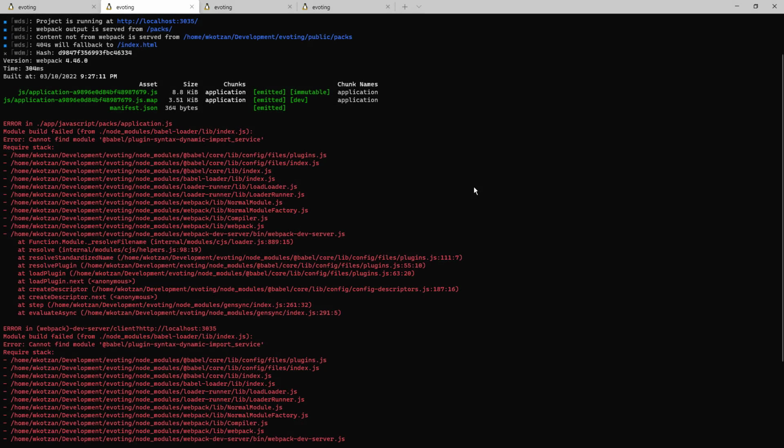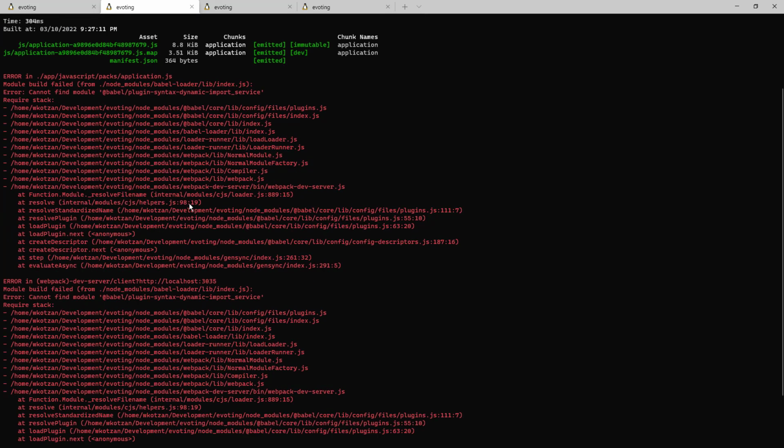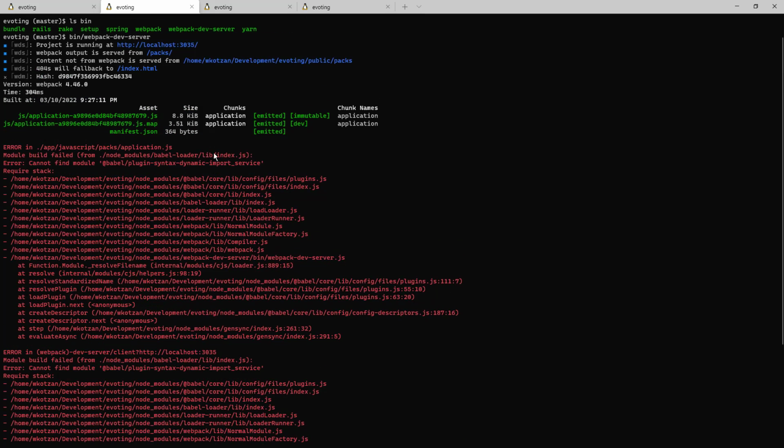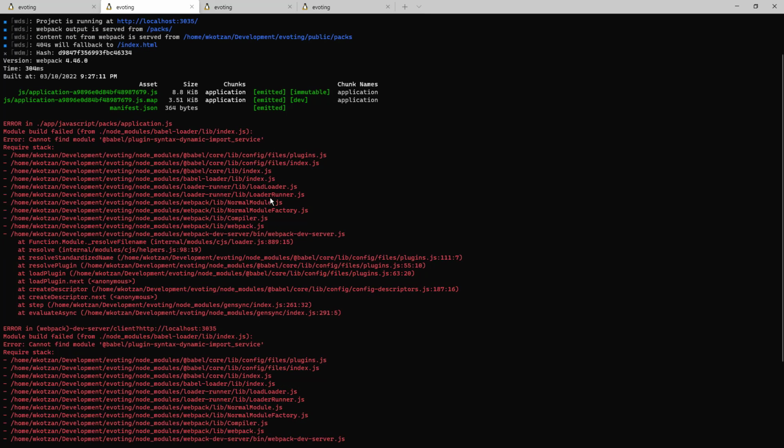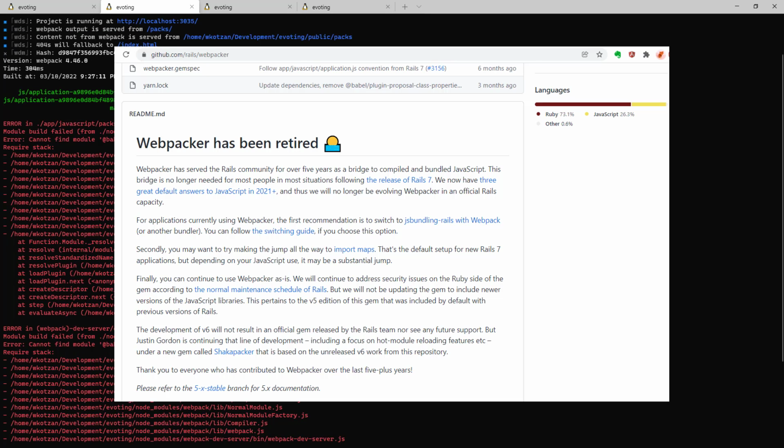So I'm continuing to work on my e-voting application, and I'm running into some unexpected problems with Webpacker. For some reason, this Babel plugin syntax service isn't loading. It's some sort of a node problem. I don't know exactly what it is, but my styles are really messed up on the page that I'm trying to look at. So given that Webpacker is officially dead now in the Rails ecosystem,